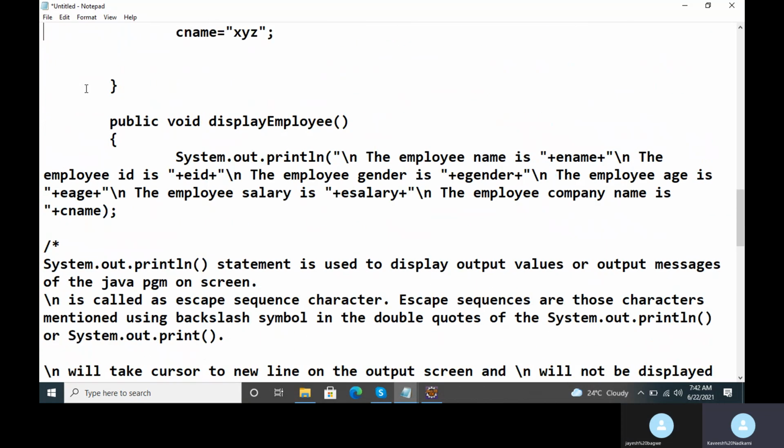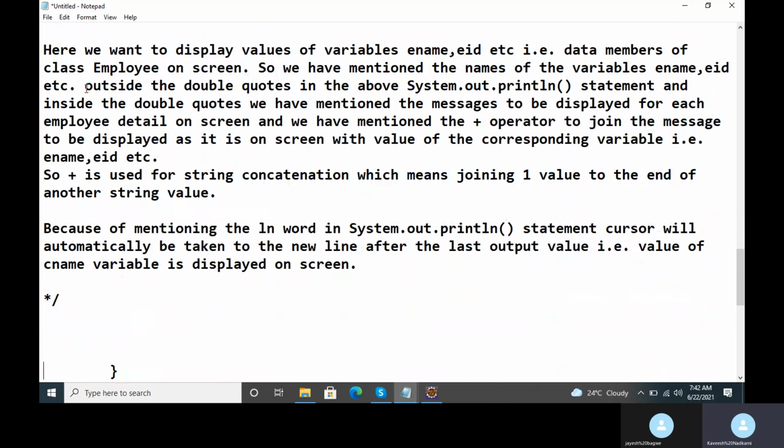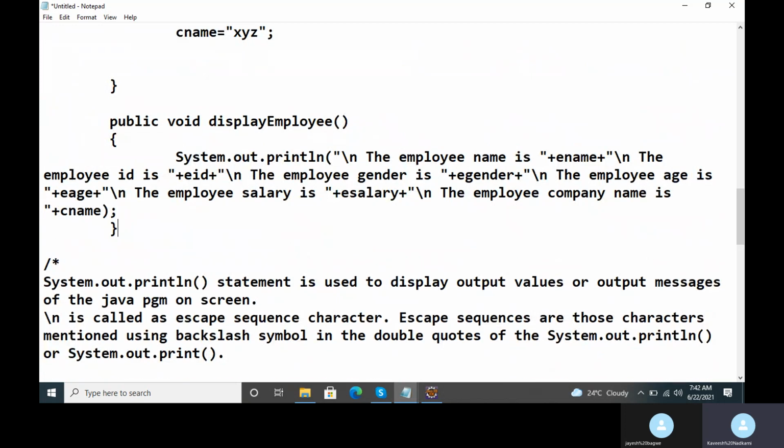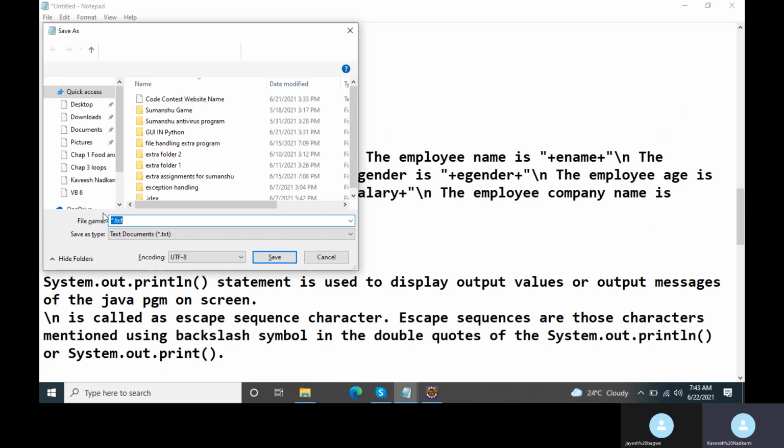Okay, so what we'll do for today, we'll stop, Jayesh. Tomorrow we'll finish off the last part of this program. That is, we just have to define one more method called the main method, Jayesh. Every Java program must contain a function called main. And like I told you, just like the other functions we define in a Java program, the main method also must be defined as a member method or a member function of some class in the program. So I'll show you how to do that, and then we'll run the program also tomorrow. So what I'll do, I'll save, as I told you, I will save